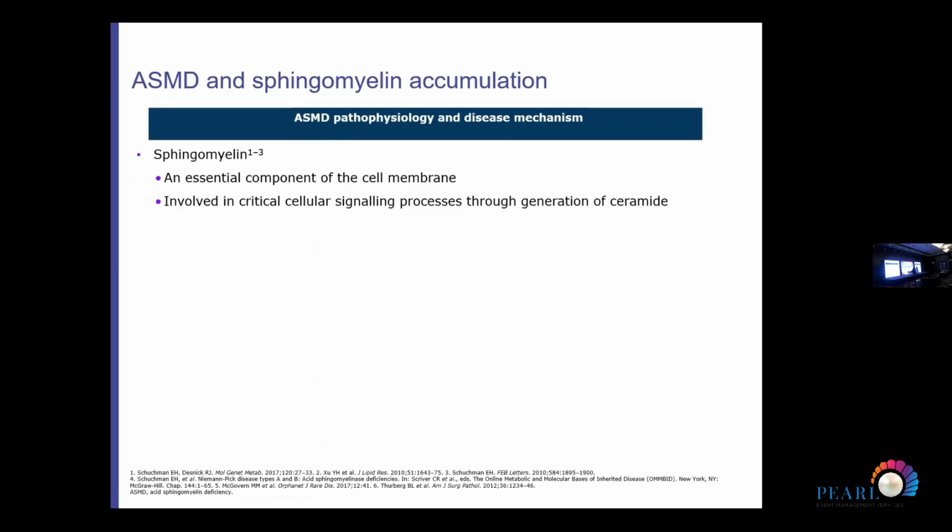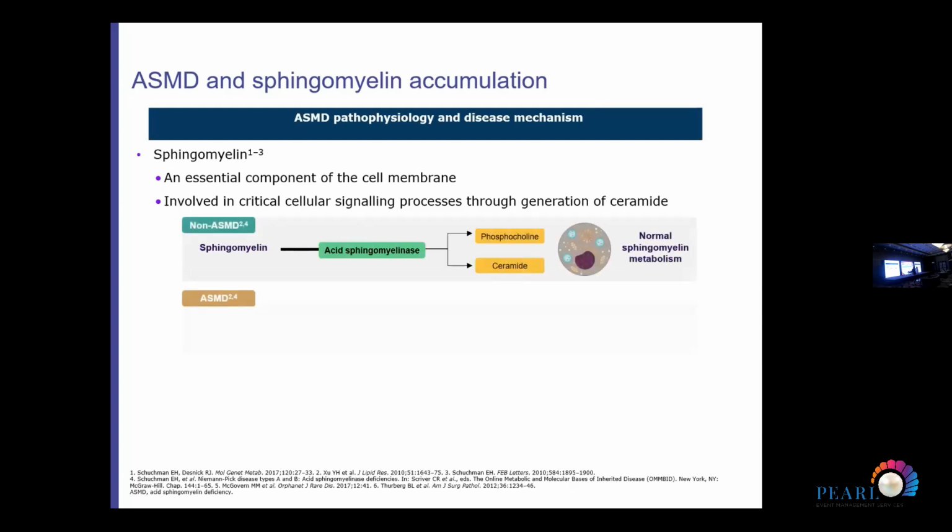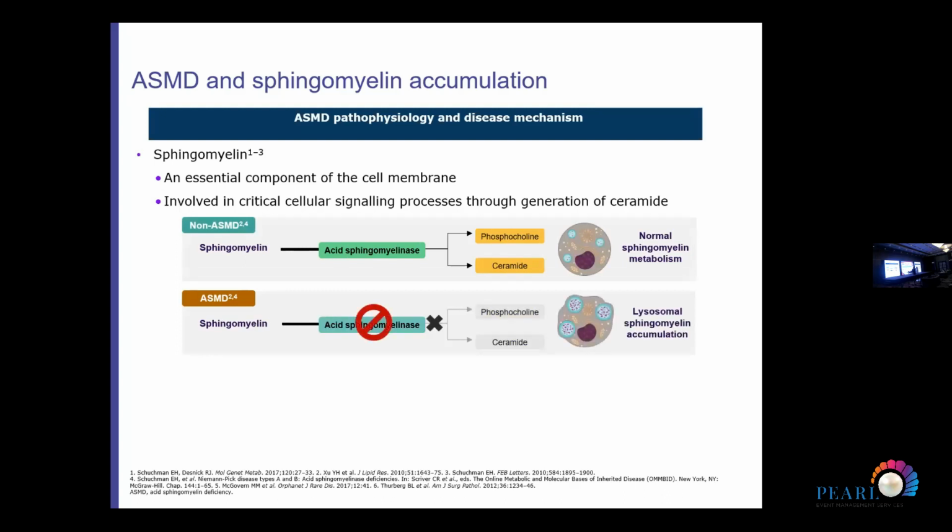So ASMD and sphingomyelin accumulation. What's the pathophysiology? Sphingomyelin is an essential component of the cell membrane. It's involved in critical cellular signaling processes through generation of ceramide. So in the normal process, you have the breakdown of sphingomyelin to phosphocholine and ceramide, and this is the normal